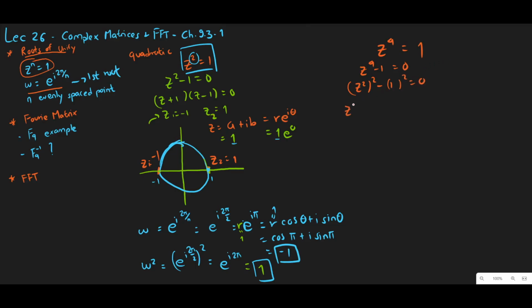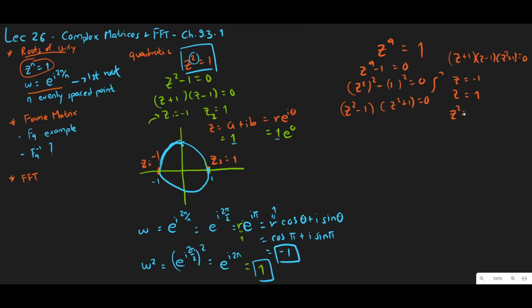Then we'll have z squared minus 1 times z squared plus 1 equals 0. Then you have z plus 1, z minus 1, z squared plus 1 equals 0. So you'll have the first root, and the second root is 1, and here you cannot expand it further,